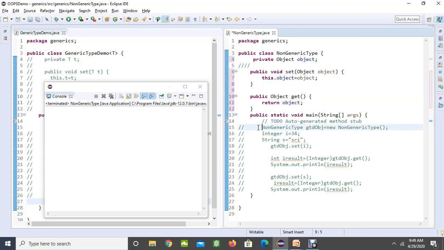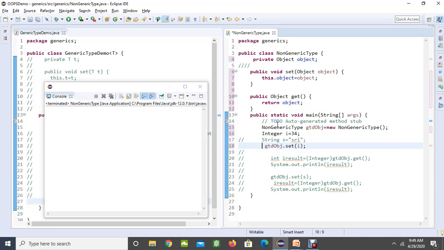Now coming to our main part, I am going to create an object for this non-generic type, and here I am going to create one integer value with the wrapper class. Let's talk about integer first. I am going to set this object by passing this integer value into the set method.